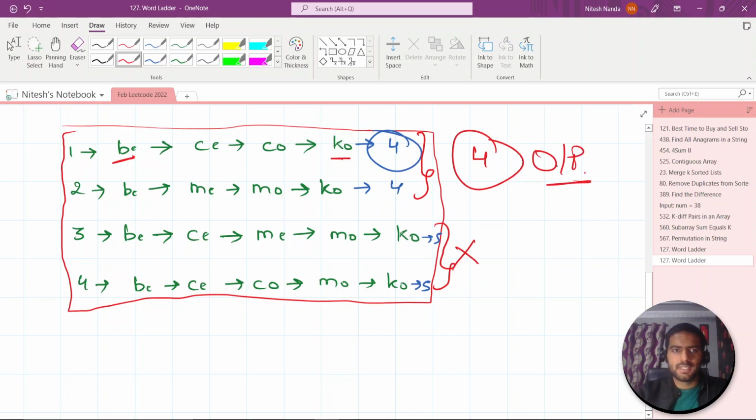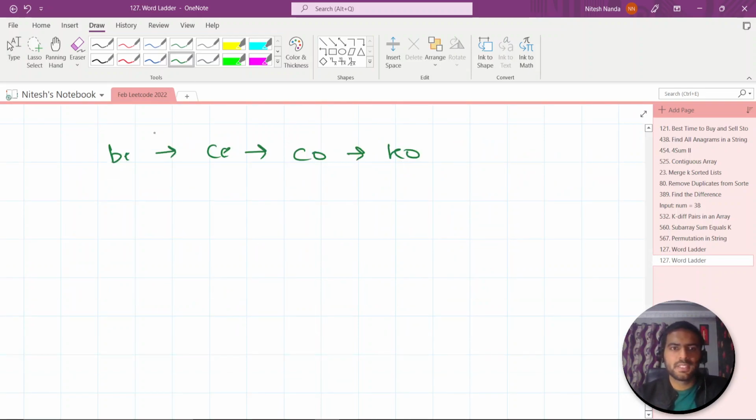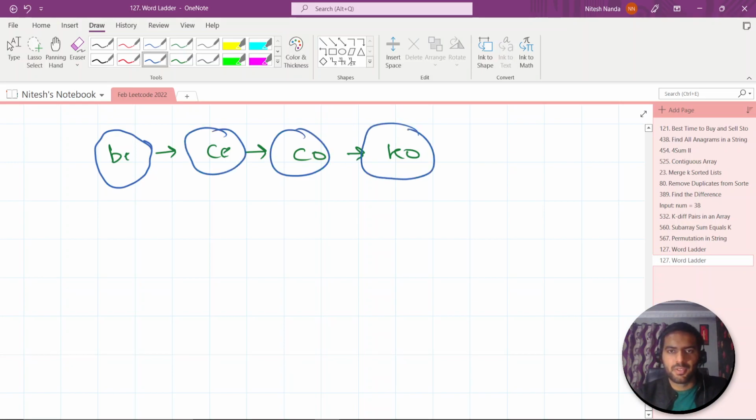So let's discuss how we can approach this problem. As you know, this is our optimal answer. What we can do is consider each string as a node. This will be one node, this will be the second node, this will be the third node, and this will be the fourth node. And let's consider each transformation as an edge. As you already know, we have so many options to go from BE to KO, but we need the smallest path that we can take. If you look at it, this looks like a famous graph question. It's basically finding the